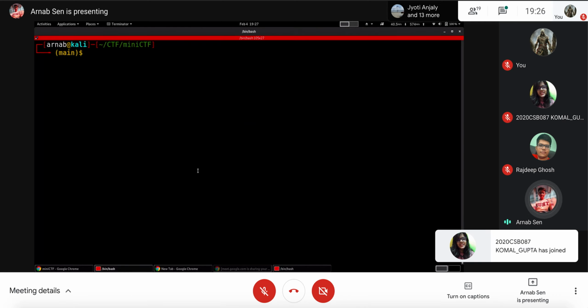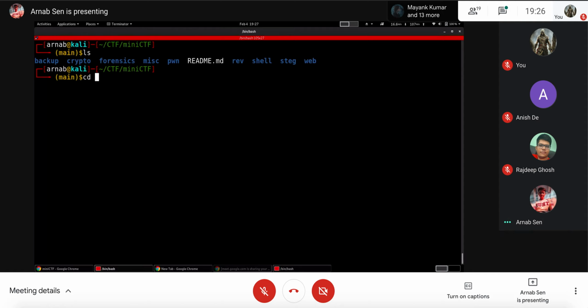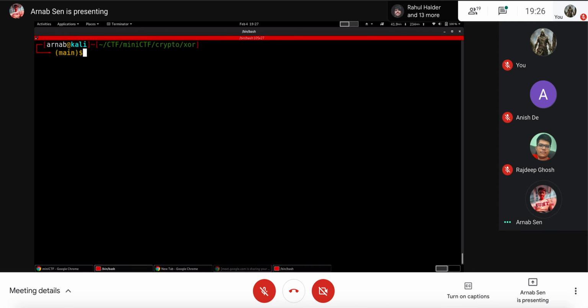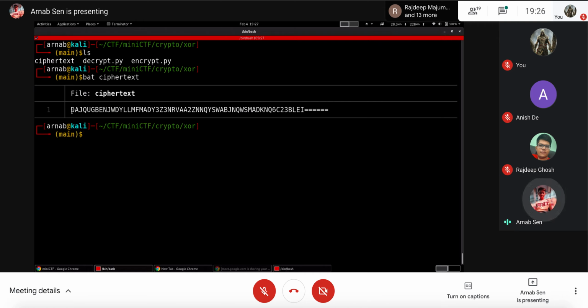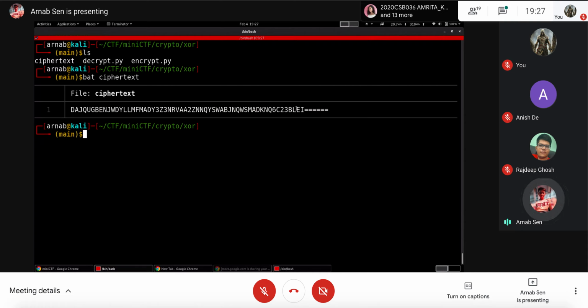Okay, coming back to this question. If you look at this, this is the ciphertext. On first glance, it seemed to be either base 32 or base 64. You can always distinguish with the number of equal signs at the end. Base 64 cannot have more than 2 equal signs at the end. Here we have something like 6 equal signs. So it was base 32.